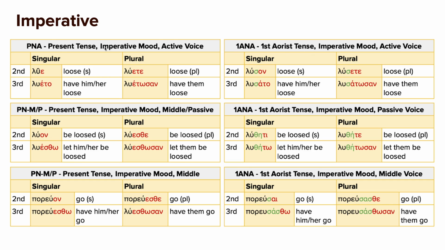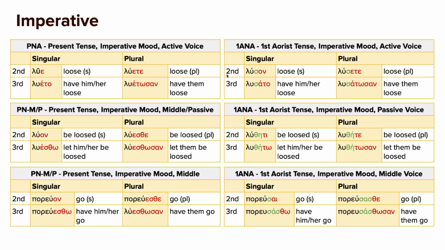Now this is usually, present tense is something that you do. You tell people to do something in general, like be a good person or give to the poor. That give would be more of a present tense idea. Aorist is like a quick thing, like drop the ball or stop the car, that kind of thing. So these are used for that type of a situation. Lusan, lusato, lusete, and lusatosan.